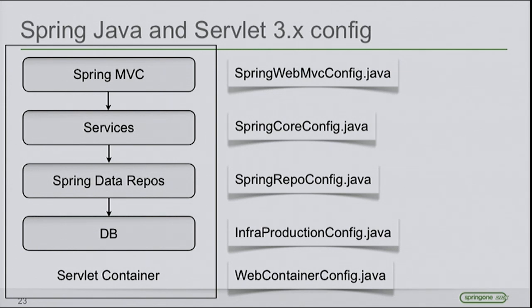The idea is basically replacing all that XML stuff with a Java configuration. Spring supports that already in Spring 3.0, but the Servlet container also supports that, and that is something not a lot of people know. Starting from Servlet 3.0, like Tomcat 7, for example, the Servlet container supports a replacement for a web.xml file. That helps us bootstrap a Spring application in a web container without providing or changing a web.xml file, which is great for all the people who don't like XML. It's also the way, for example, Spring Boot works.